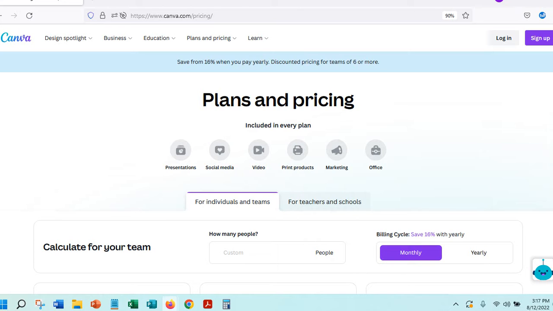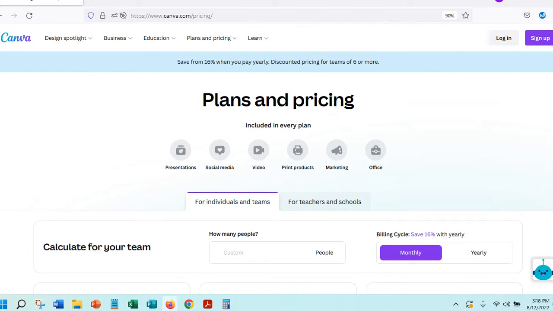Canva account. Now, we're going to go over more than just setting up the account. We're going to show you how to set up your brand, your brand colors, your fonts. We're going to help you figure out the look and feel you want for your brand. And we're going to show you the plans and pricing so that you can decide on the plan that might